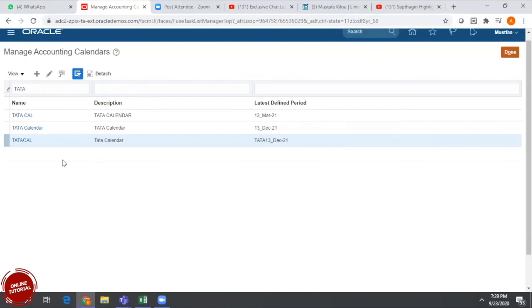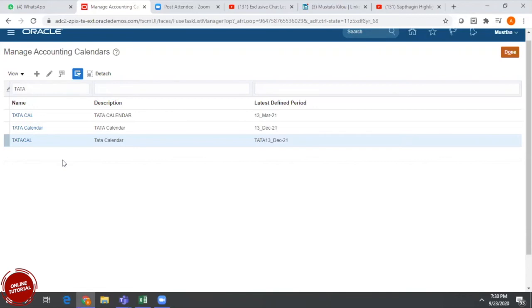When we're doing any implementation, how do we normally define the calendar? For example, I'm implementing for my customer in 2020. I need to define the calendar for 2020, or else I need to define the calendar from very older periods. How we need to define that depends on the business demand, and we need to understand that point. When we are implementing for a customer, we need to talk to the customer. The customer may say that they want to bring some old historical data also into the system.